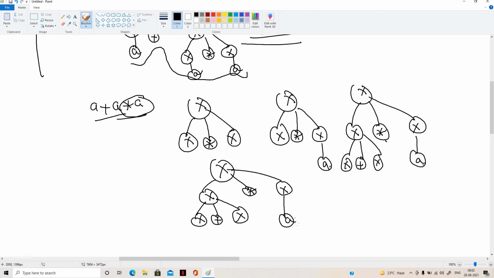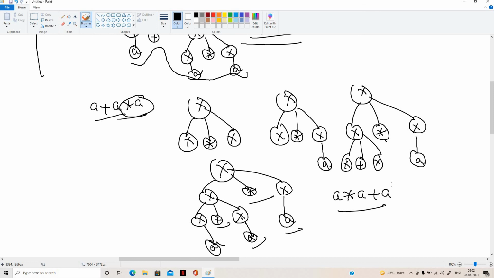Now when I derive from right to left, a star, so it will be a, it will be a star, a plus a star, a plus a. When I derived from right to left, I got it like this only.